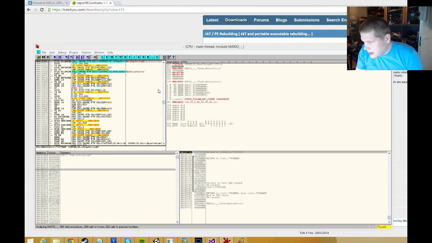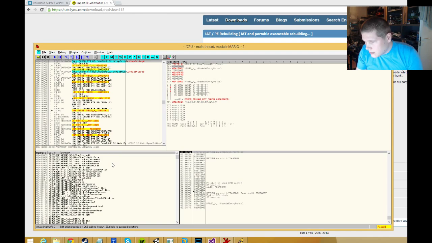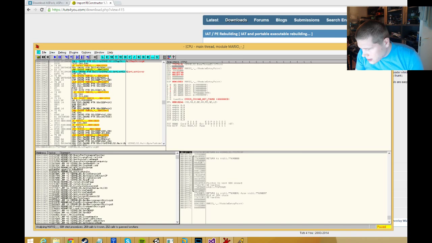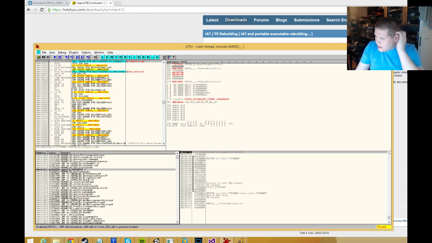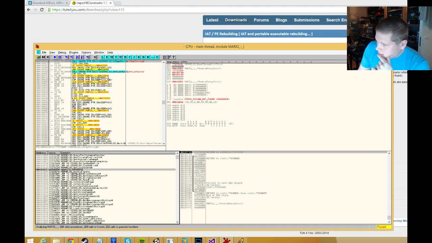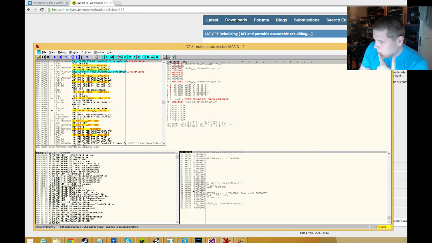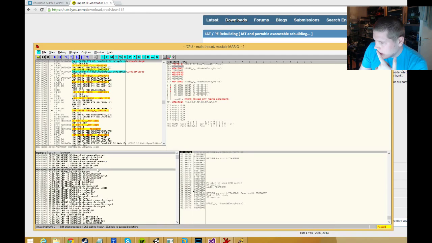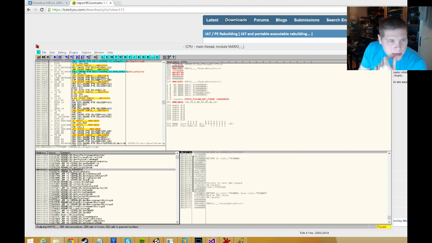So press space here, and you get this. And you go to 1C, and yeah, it's actually AppHelp. So now you either have to use IDA to find out what this function is called and put the right pointer, or well, I think that's the only thing you can do. So we can check the original executable and